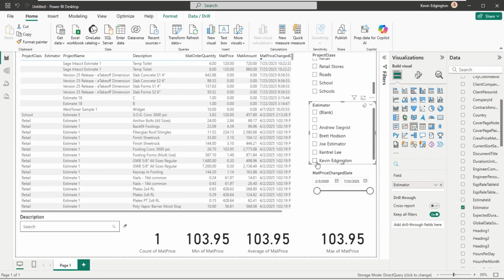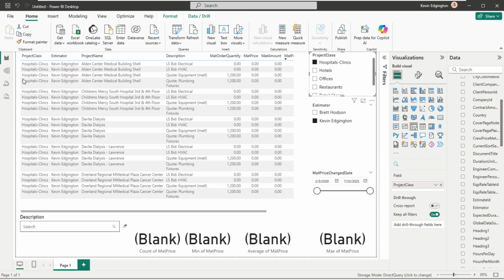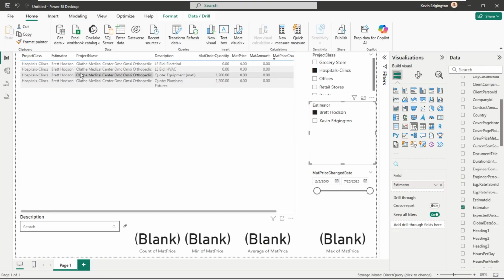So if I wanted to go off and say, yep, I want to see the estimates that Kevin's done. So these are all the different jobs that it says that I've done. And if I wanted to go through and say I want to see just the hospitals and clinics or something like that, maybe I can go off and see all the different hospitals and clinics that I've got flagged. Very, very powerful, as easy as it is to drop one in there. And if you notice here, I'm looking at hospitals, and apparently Brett's the only other person that's estimated in a hospital. So if I go in and click over on Brett, now going ahead and change to Brett's numbers on the hospitals and so forth.